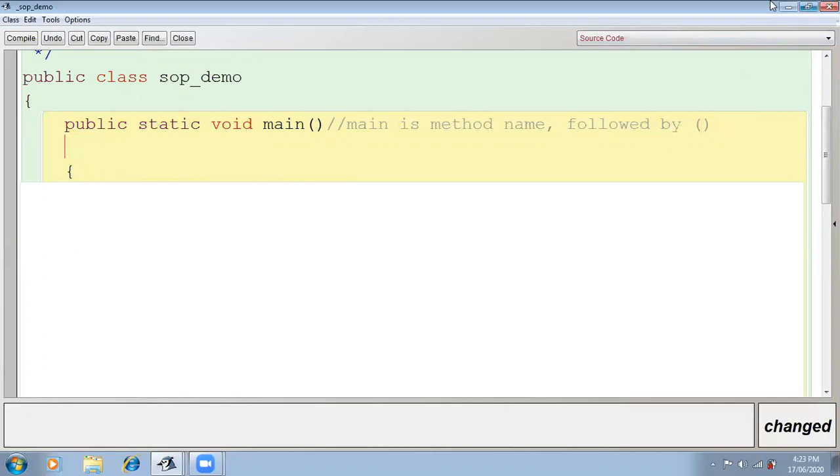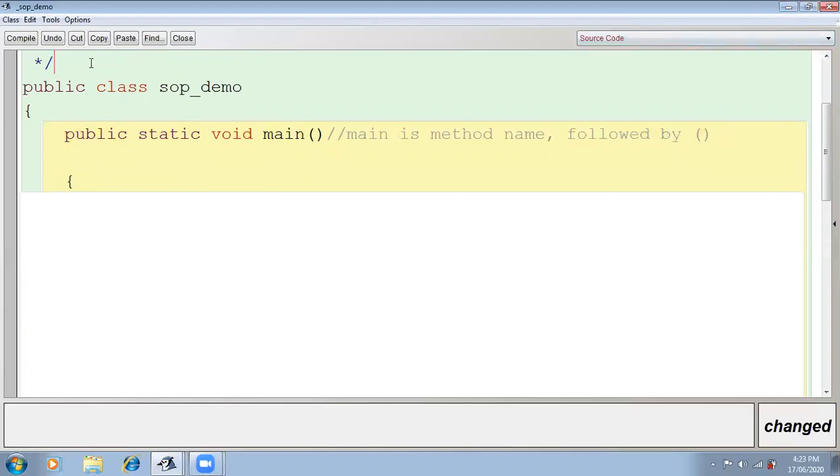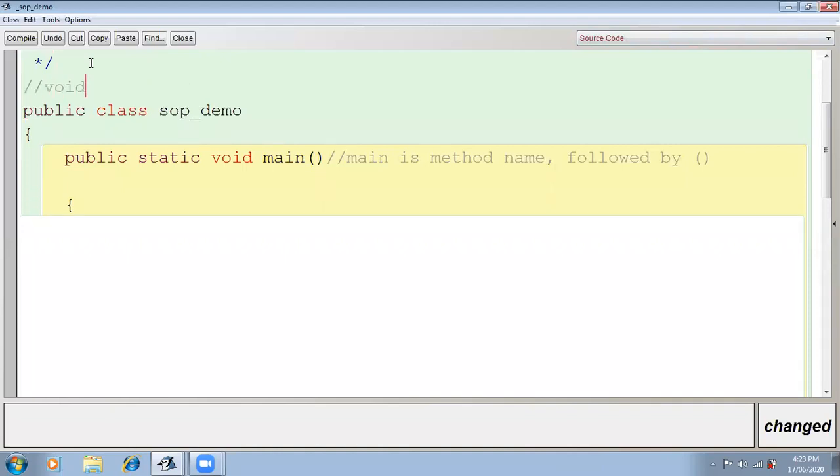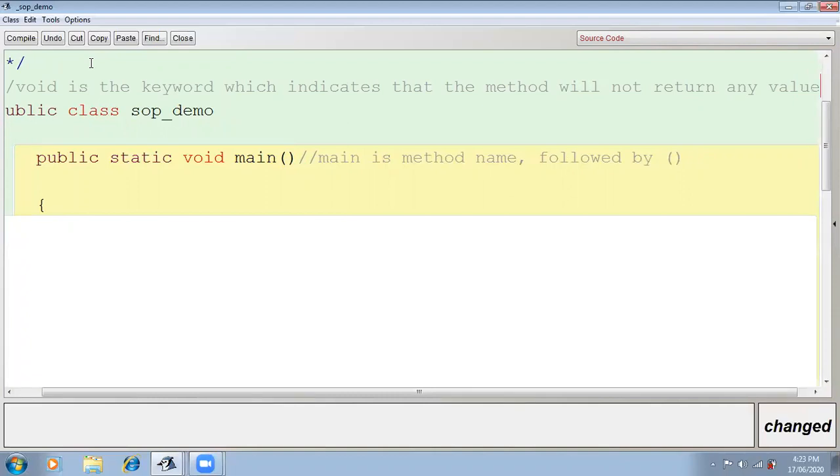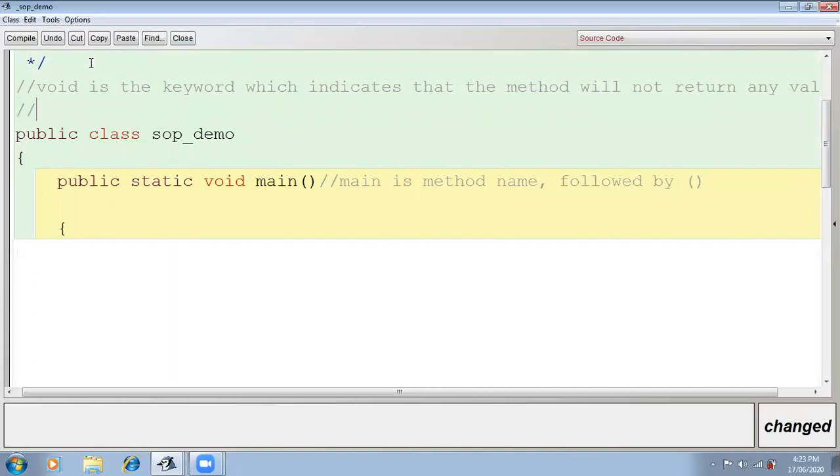Here I'm writing, you also write it: void is the keyword which indicates that the method will not return any value.